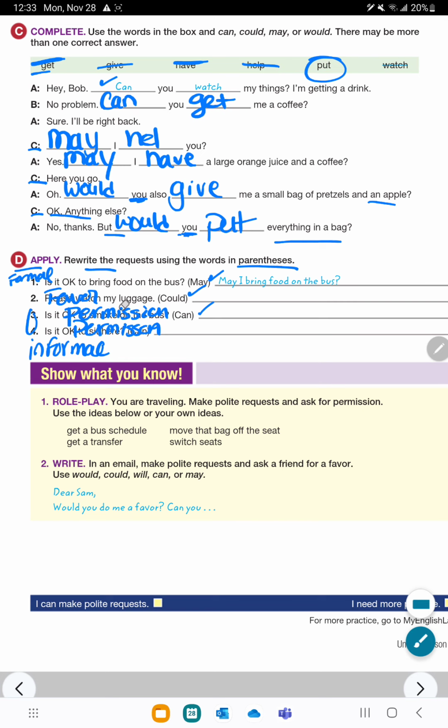So now let's rewrite the questions or the request. I'm sorry. They did number 1 for us. Is it okay to bring food on the bus? Permission. And they want us to use may. May I bring food on the bus? Question mark. 2, please watch my luggage. We're asking for a favor. I'm asking someone else to watch something for me. So remember, favors, we use you. And we want could, so we're going to say, could you,